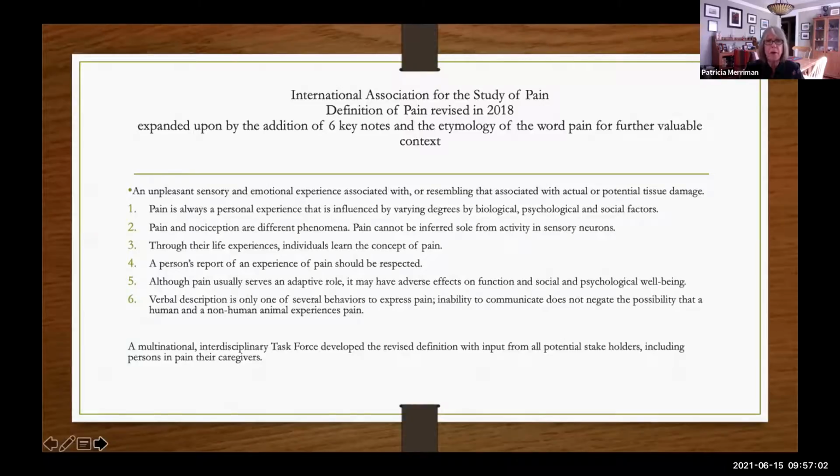So if they're afraid of the pain, yes, they're going to have anxiety, but the pain is also going to be experienced as more intense. And that's what we focus on as psychologists, is trying to make sure that the thoughts that they have and the things that they do to try and help with their pain are in their best interest.